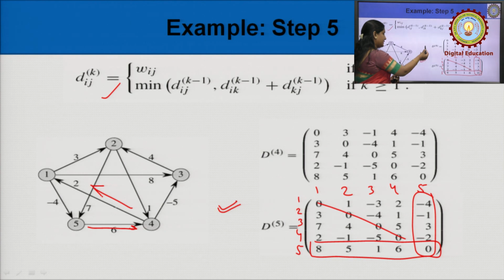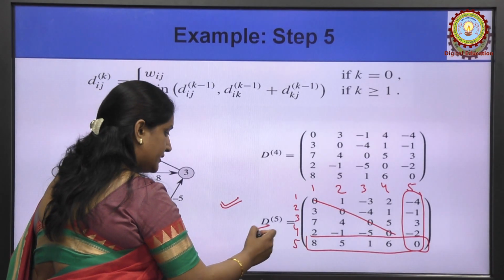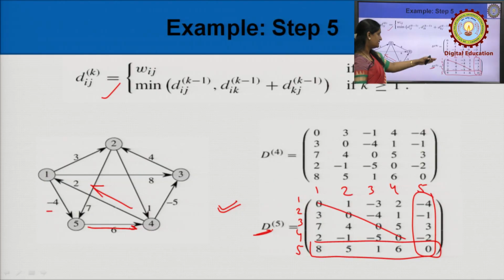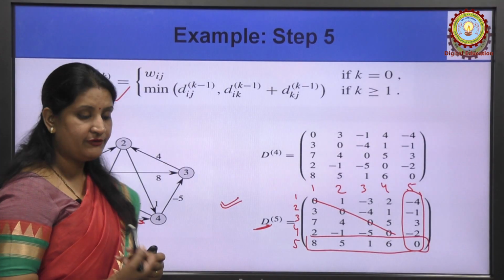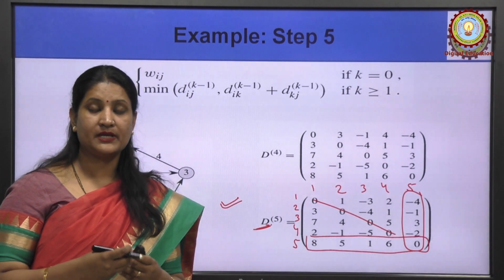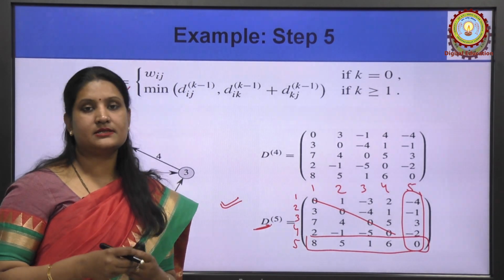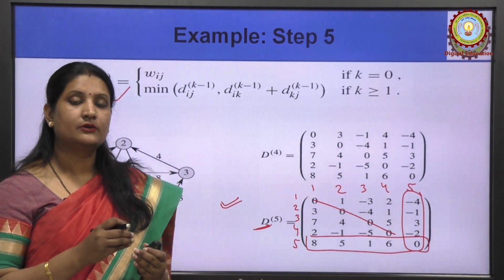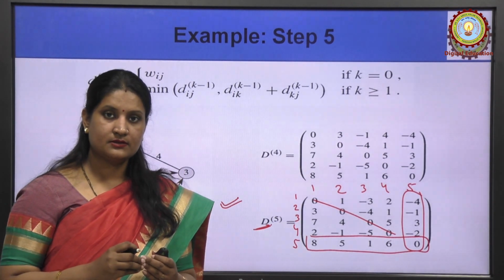So for the final matrix, we take the total number of vertices in the graph, then calculate the distance matrix for the total number of vertices, and that final matrix is the all pair shortest path. So this is the final answer. In the Floyd-Warshall algorithm, we use dynamic programming. That means at each step we take a decision, a sequence of decisions, or we calculate the matrices